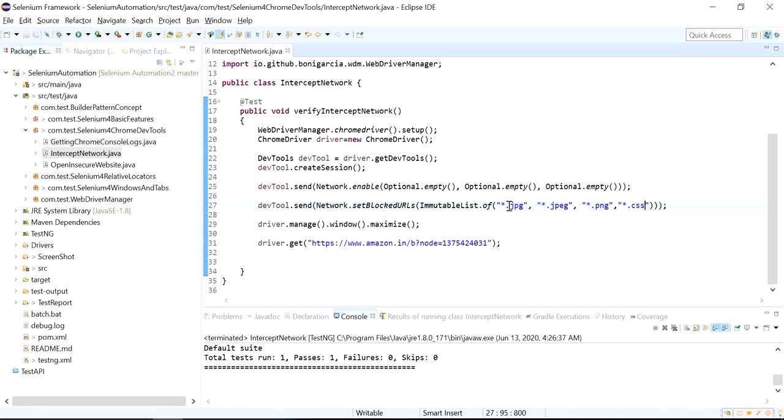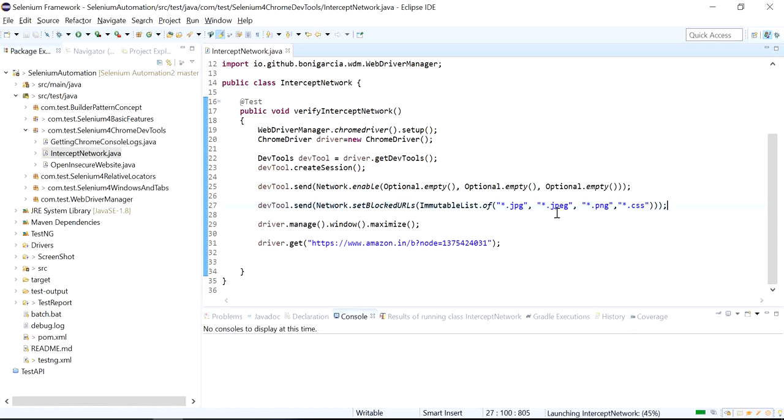We can see I'm intercepting JPG, JPEG, PNG, and now I have added one more, CSS. So CSS should not work in this particular web page. If CSS is not working, then we will see lots of scrambling in the web page. Let me execute this test case. Let's see.